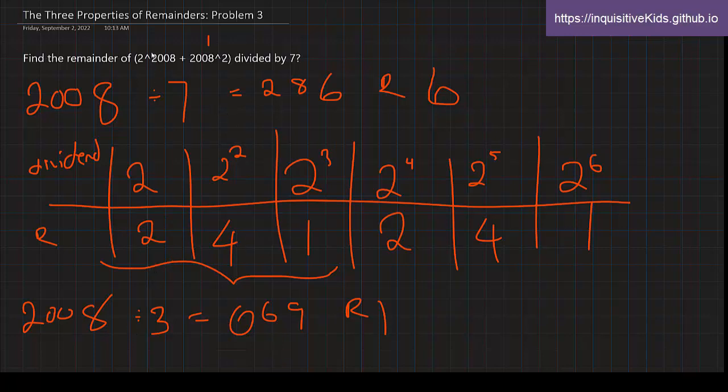So this would have a remainder of 2. So 2 plus 1 is 3. So our final answer is